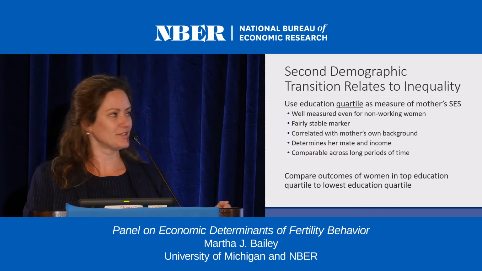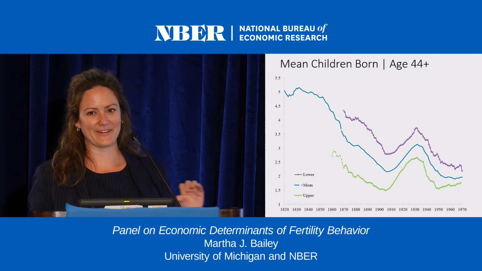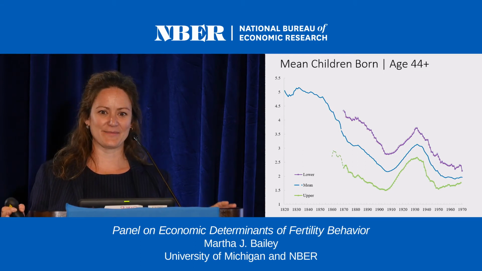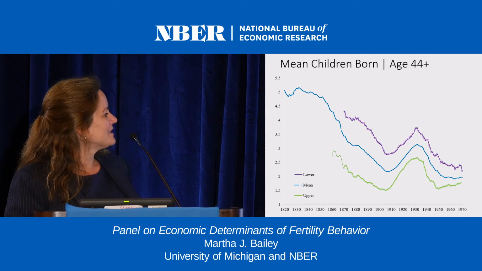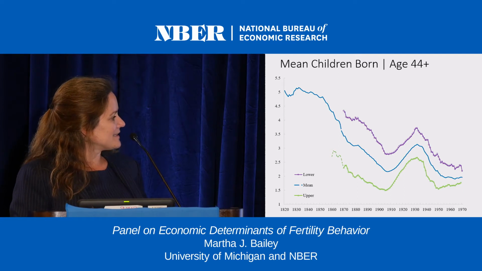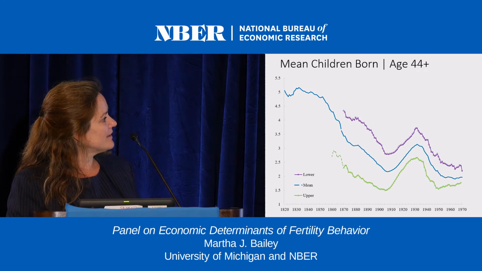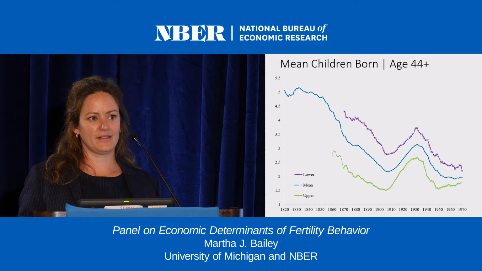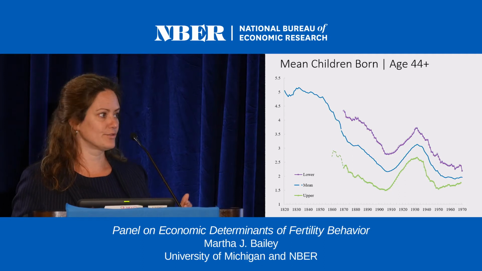So, and again, this is really gratuitous history. We go back to 1820 here, and I put this up because it took us a really long time to put together, and I'm very excited about these numbers. These have never been seen in a public forum before. So mean children ever born by age 44, you can take this all the way back to 1820 and pull it all the way up to the most recent cohorts. This line here in the middle, this is the mean over all women. And what you see is in contrast to the declines in the general fertility rate, and I will say some of those declines are based on population projections that turned out to need some revision with the introduction of more censuses.